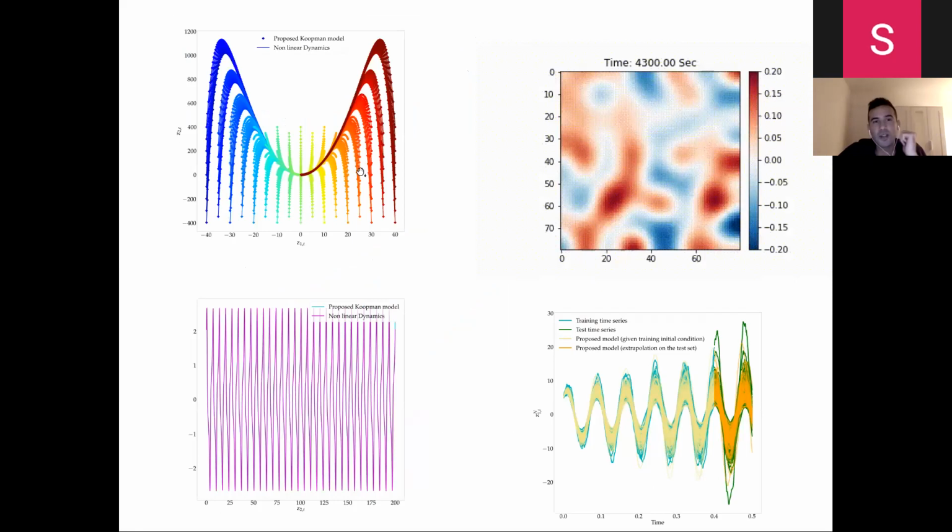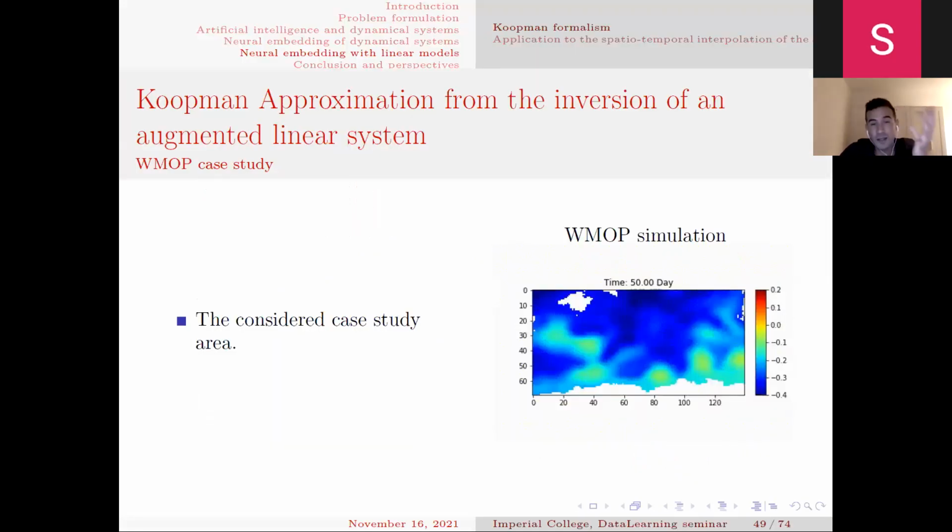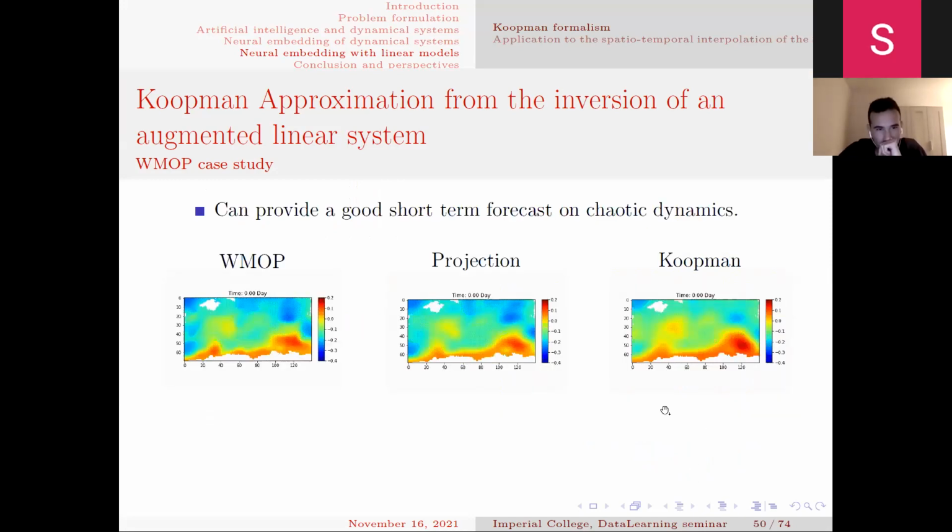We actually tried this framework on several kinds of nonlinear dynamical regimes, such as equilibrium points, nonlinear oscillations, chaotic dynamics, and stochastic dynamics. But I will mainly talk to you today about this case study of forecasting the large-scale seasonal variability of sea level anomaly from a numerical simulation. Here at extreme left, the true simulation; in the middle, the projection from the neural network, so this is the best forecast we can achieve; and here, the Koopman forecast.